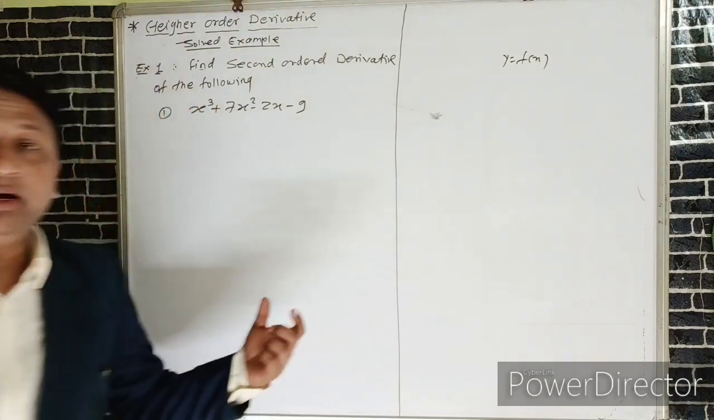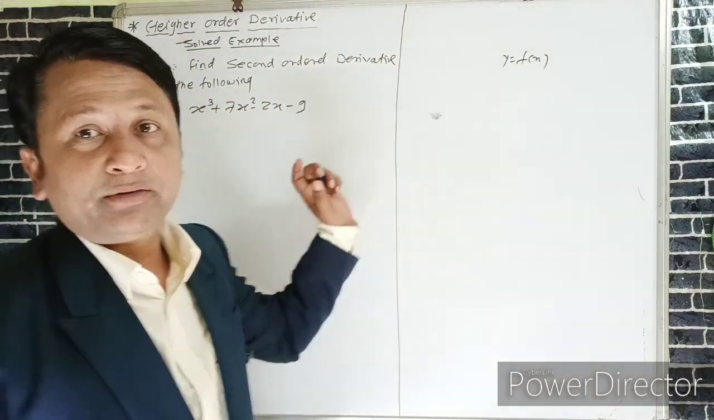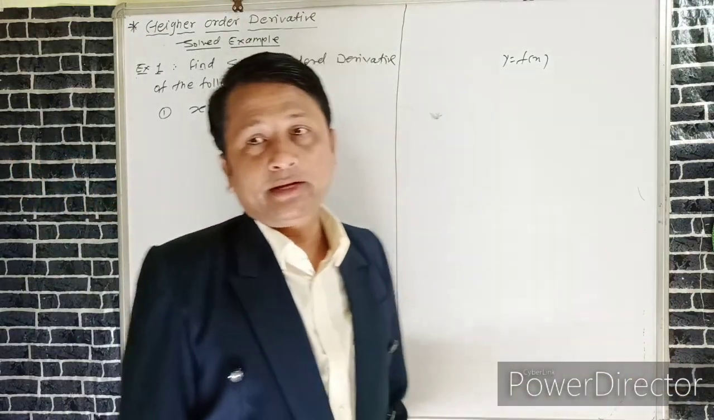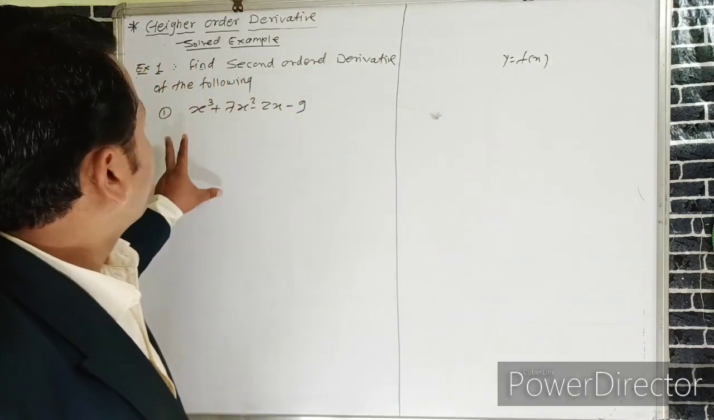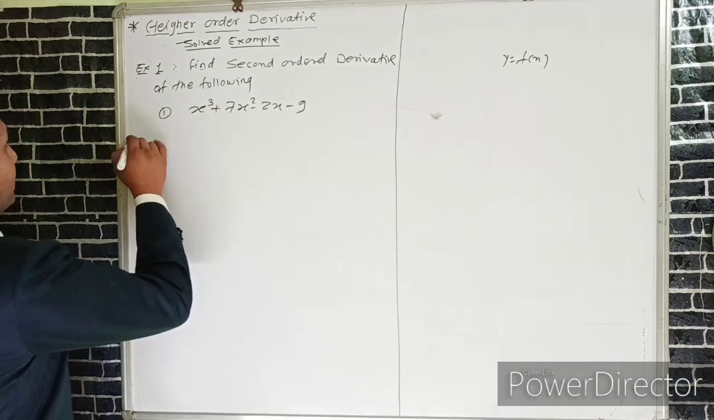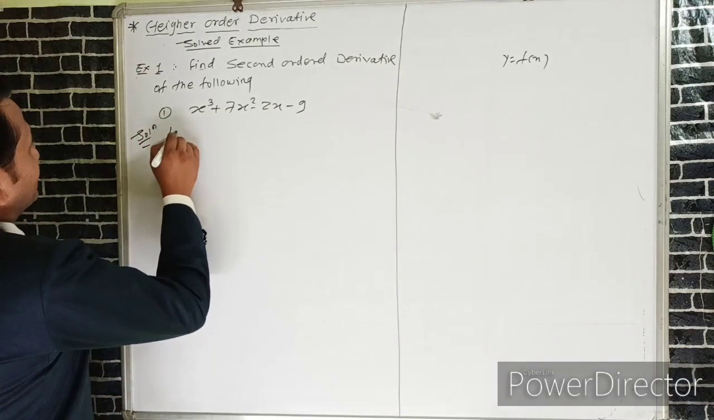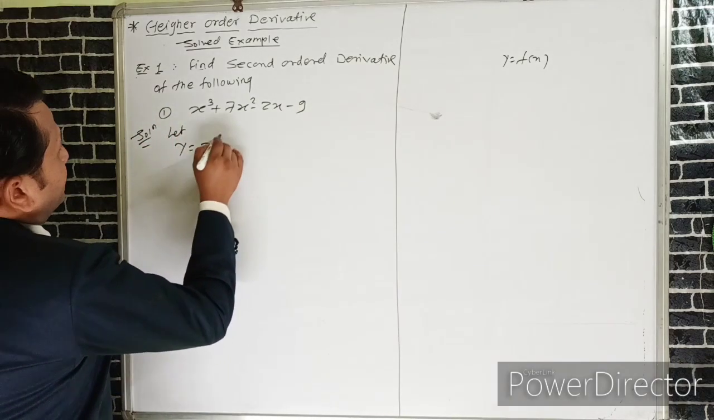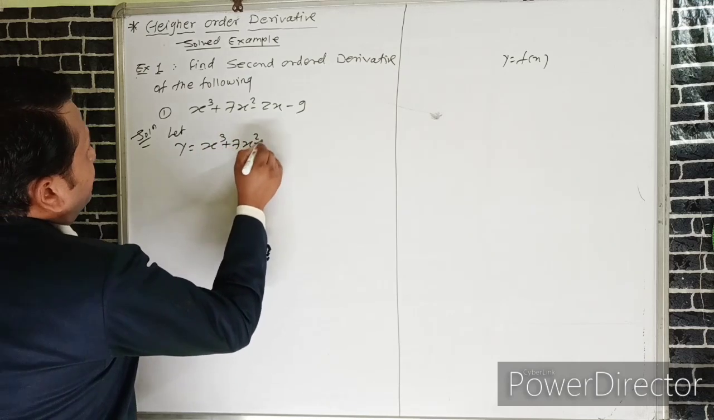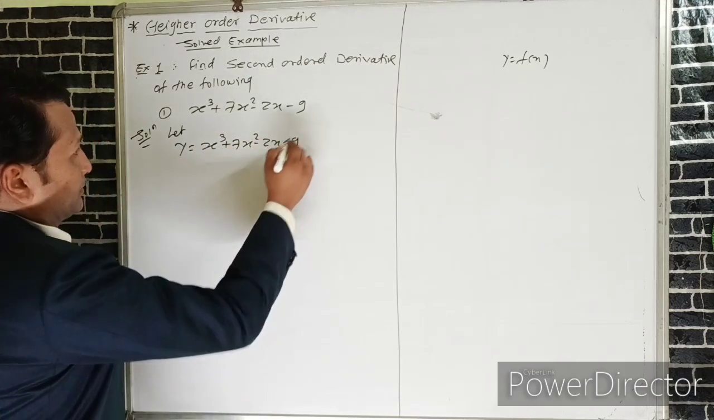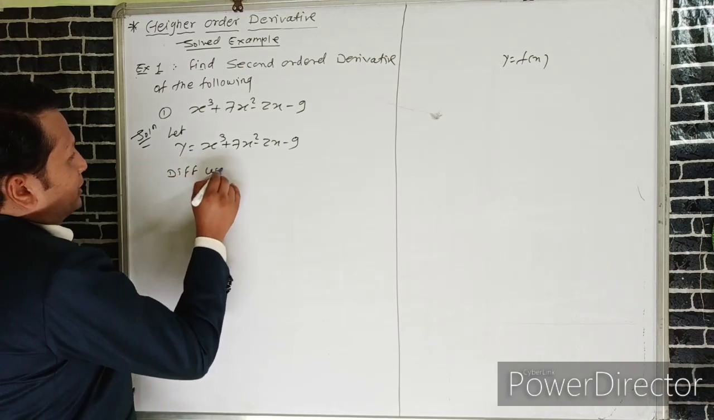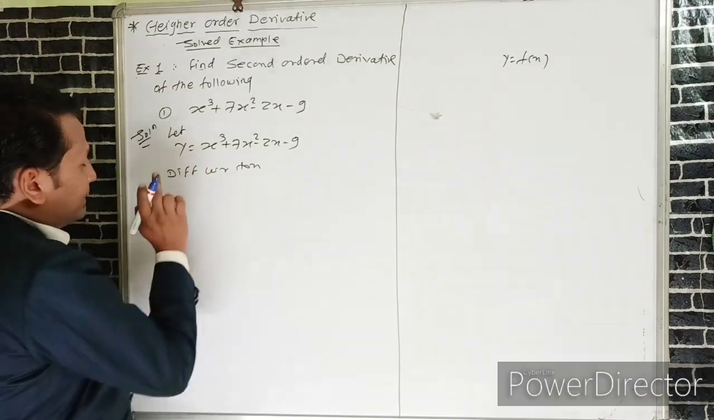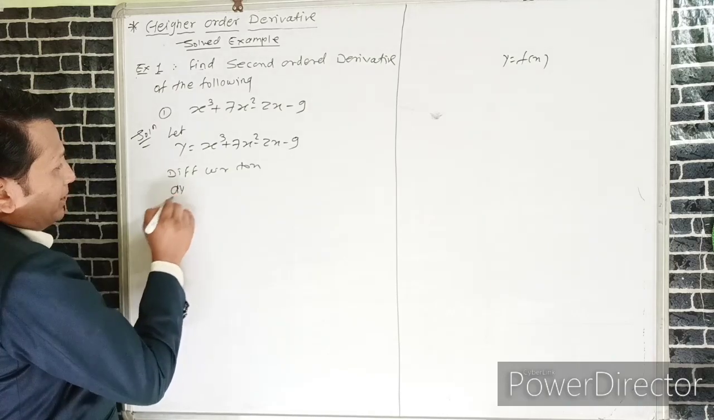If the function is y equals f of x, then we differentiate and find dy by dx. Again differentiating dy by dx gives the higher order derivative, or second order derivative. Now, first we consider the given function y equals x cube plus 7x square minus 2x minus 9. If we differentiate with respect to x, then we can write the derivative y, which is dy upon